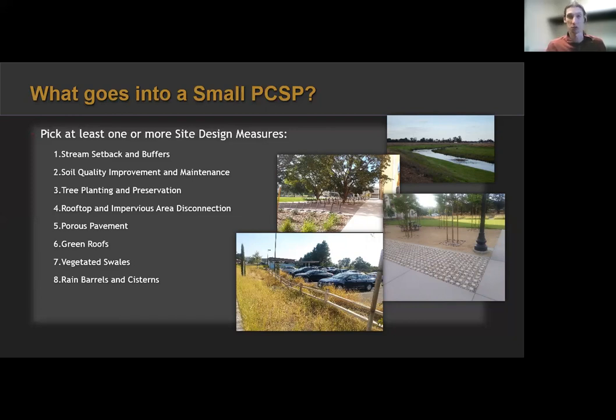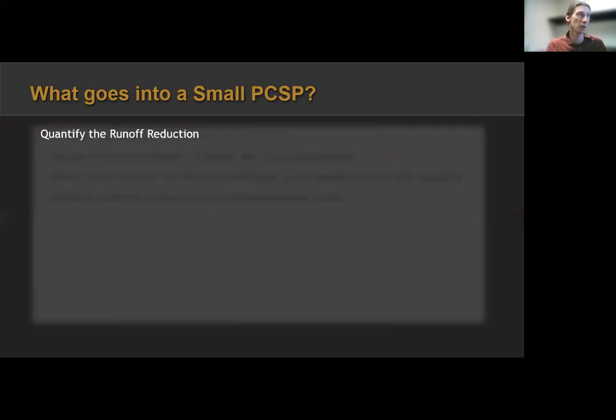So these are like single family homes, or maybe a well house, or a new well tank. Pretty easy to meet these site design measures. So tree planting, that could be your go-to. But if you want to do something like a green roof, go for it. Or porous pavement, go for it. They might be a little bit more involved. You might need to show a little bit more documentation, but you pick one or more and show what you're using. And now move on to step 2, which is quantify the runoff reduction.